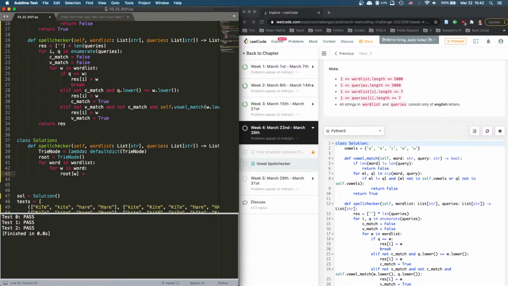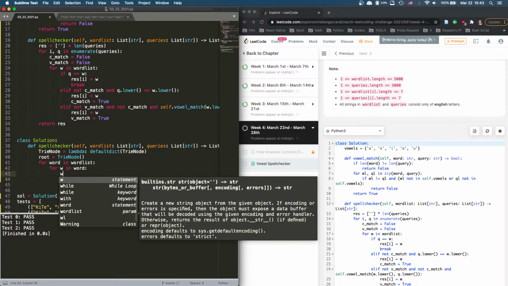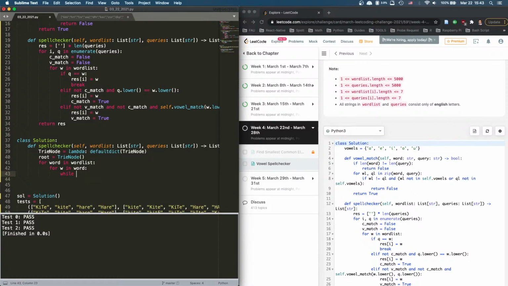For w in word, while root w, right? While true, next node equals,